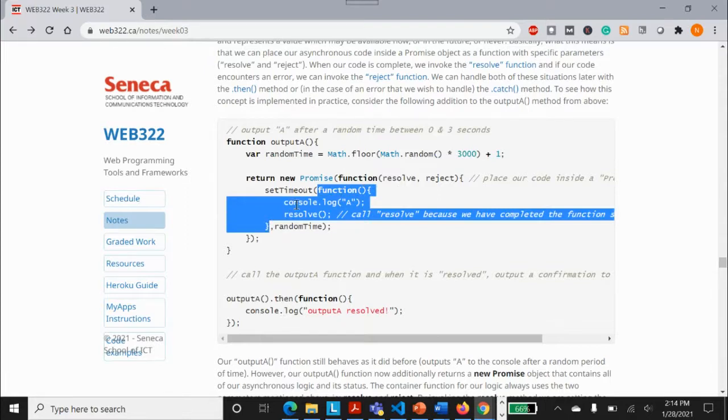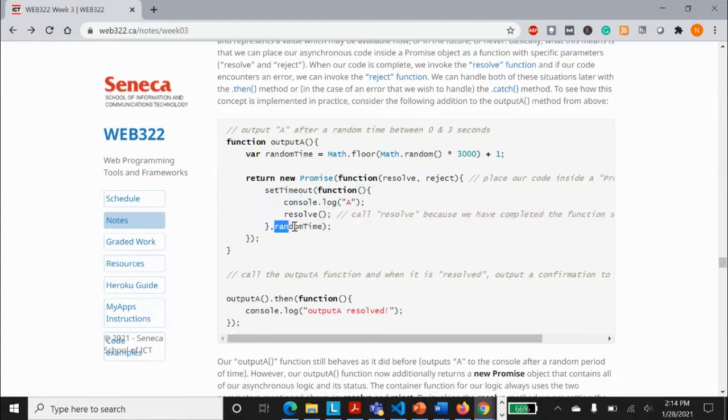So now there is a function that will log A, and once it successfully logs A, it will call resolve. This set timeout function will run at a random time. Let's suppose it is taking 3 seconds. Even if it is taking 3 seconds, unless this console.log A executes at this random time, we will not reach this resolve code. Saroj, are you getting this? We will only reach this when A has been successfully executed.